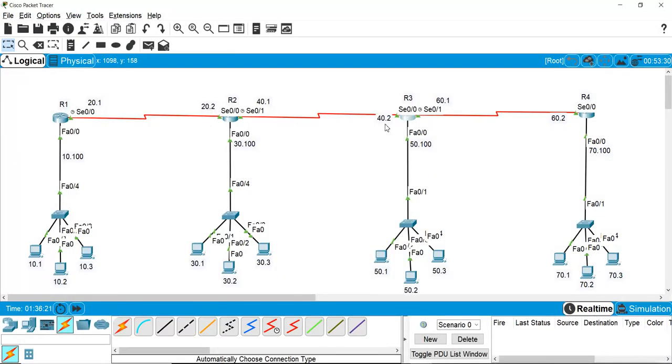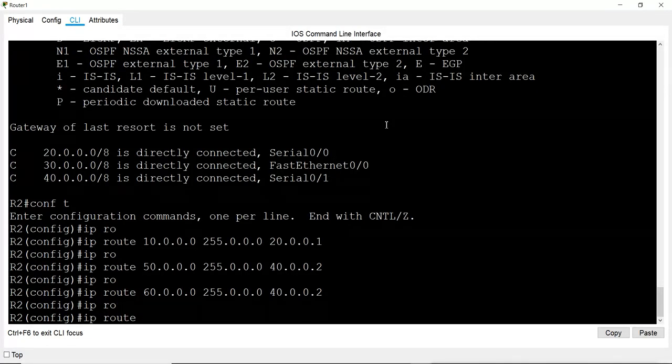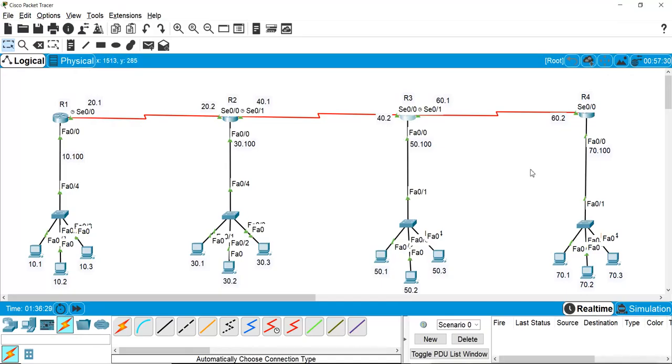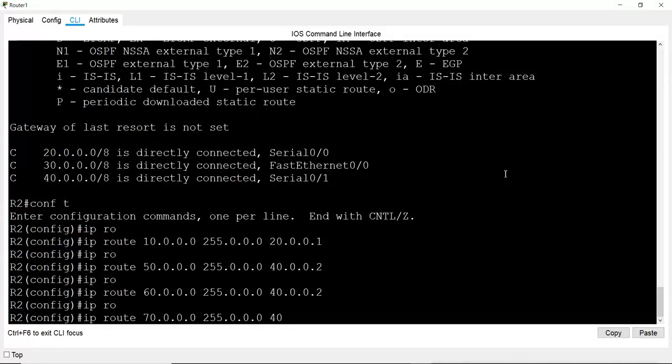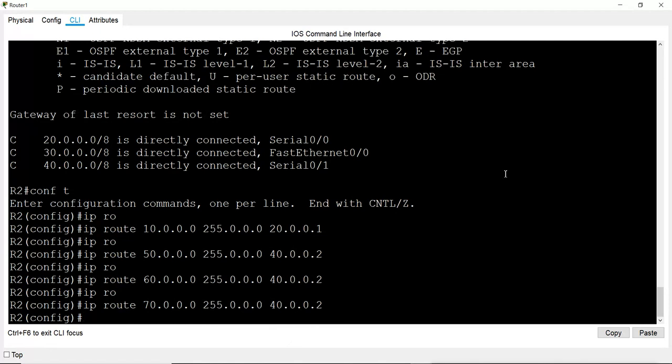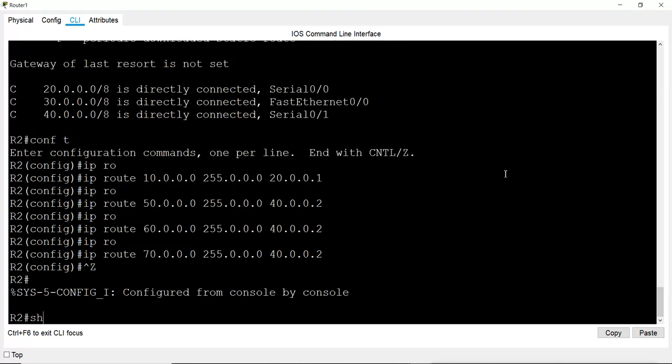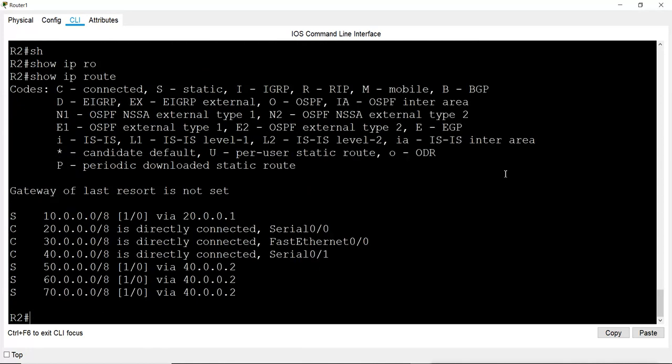Now 70 remains, so ip route 70, and because it is going this side again, the first hop address will be the same. Now I think all is done. We can check show ip route, and we can see that it is all done. 10, 20, 30, 40, 50, 60, 70, all networks it knows now.